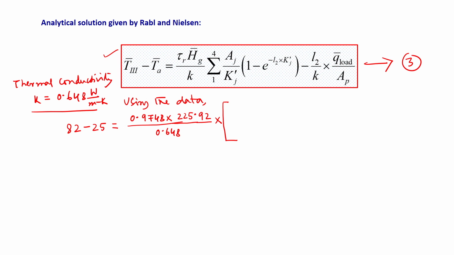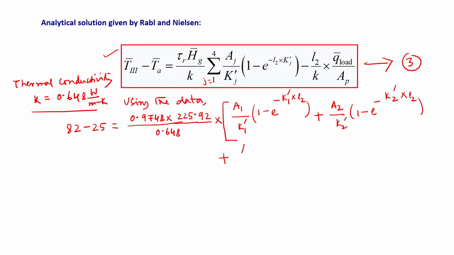So, here I will write j from 1 to 4. First let us learn how to express it. A1 by K1 dash. Okay. So, this j is equal to 1 to 4, and this is 1 minus e to the power of minus K1 dash multiplied by L2. Okay. So, now we will find out the values of L2 for different conditions. This plus we have A2 by K2 dash, then 1 minus e to the power of minus K2 dash multiplied by L2,